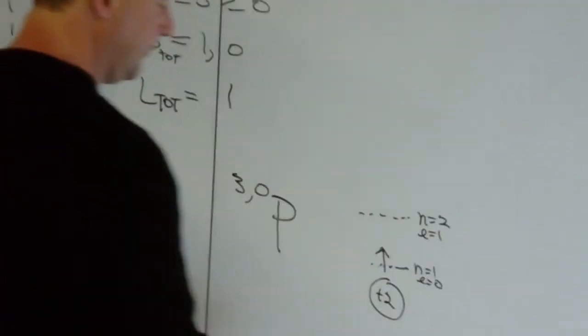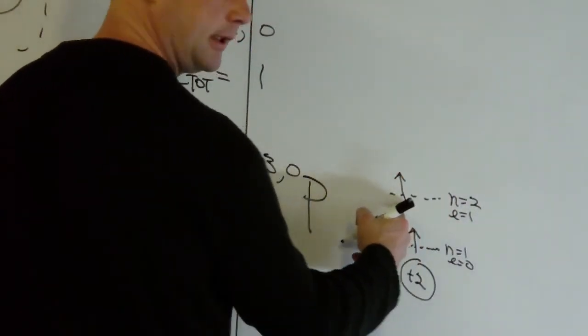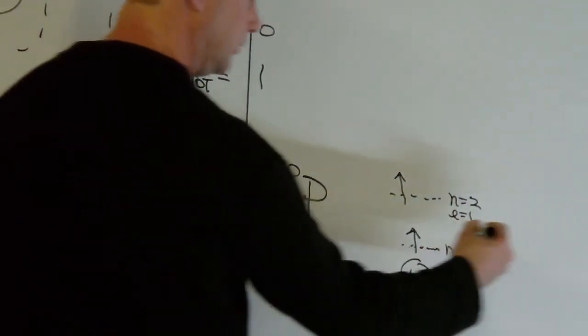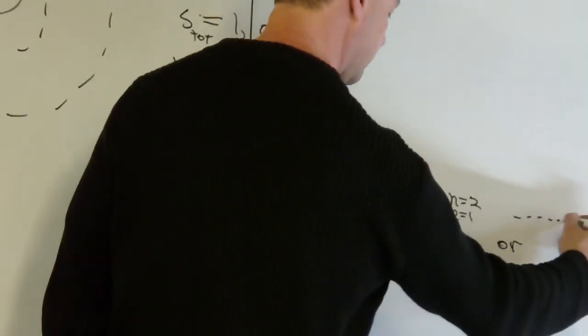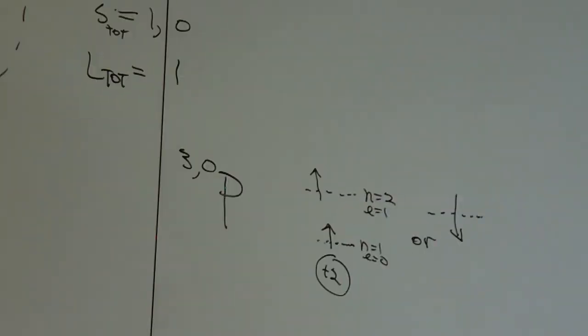All right, now, we can have this thing be an up, or we could have this one be a down. Okay? Which one is lower energy? Up. So this one would be called the